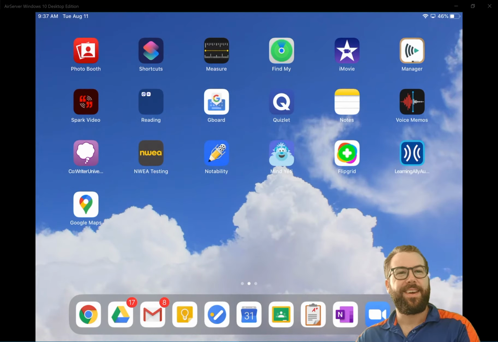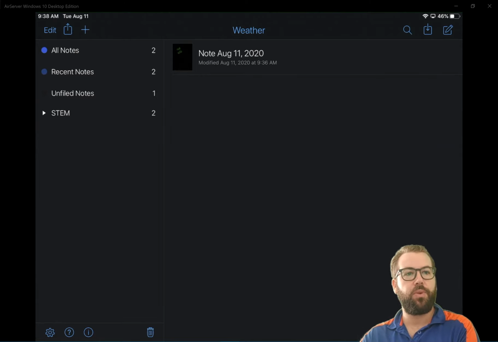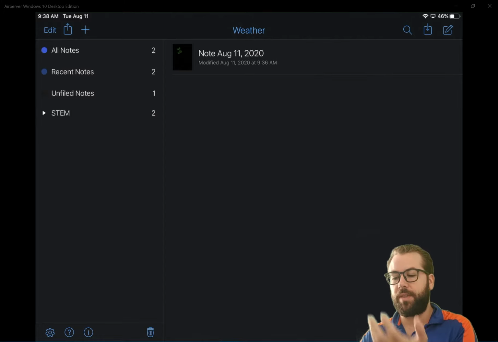Welcome back. Today we're going to talk a little bit about Notability and using the app itself, not necessarily the note-taking portion, but all of the options we get here on our screen where we can navigate through the different things that we have. What you'll notice is that when we first open Notability, we get to a screen with two panels, one that shows the notes in our current section, and then one that shows the navigation